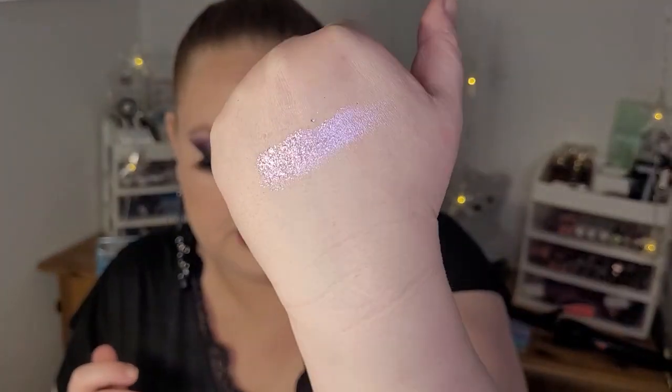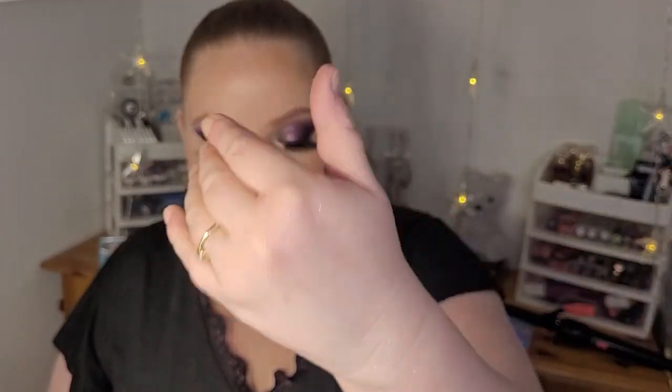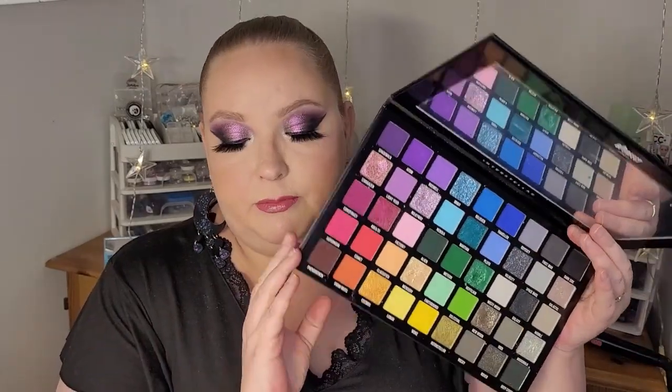Look at that. It's totally different for the Colourpop ones. And look at how much glitter. I don't know, you can't see it. I have glitter all over my hand now. But yeah, this is just a very beautiful palette. Highly recommend to test it, especially if you haven't got any other